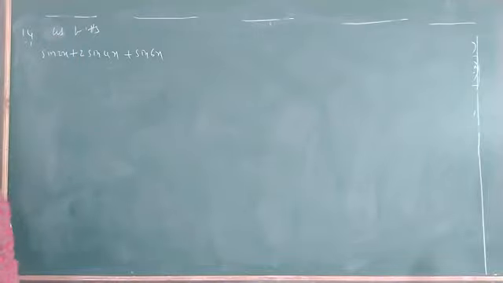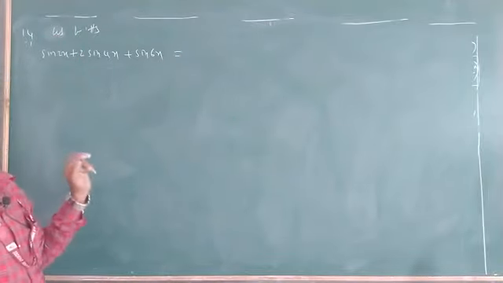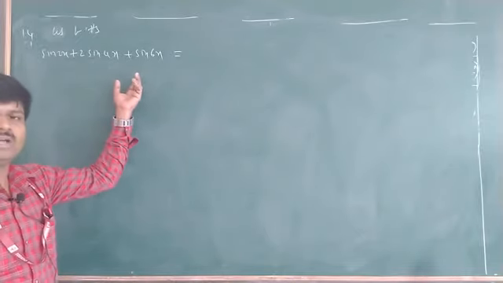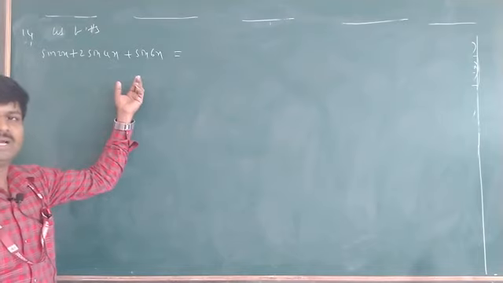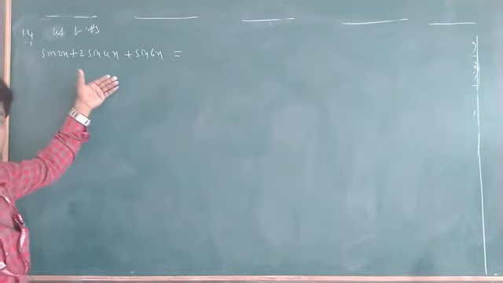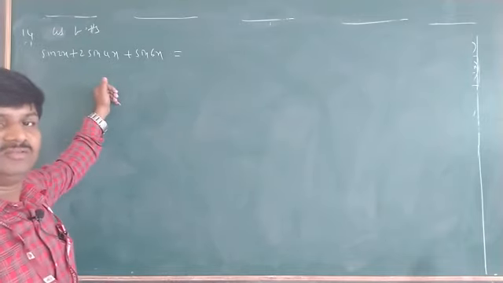Okay, yes. This is the LHS, equal to this one. To prove the right side value, we have to simplify this. Simplification means we have to use some trigonometric formulas. To use the formula, first you have to convert it into a form. You should observe which formula it matches.